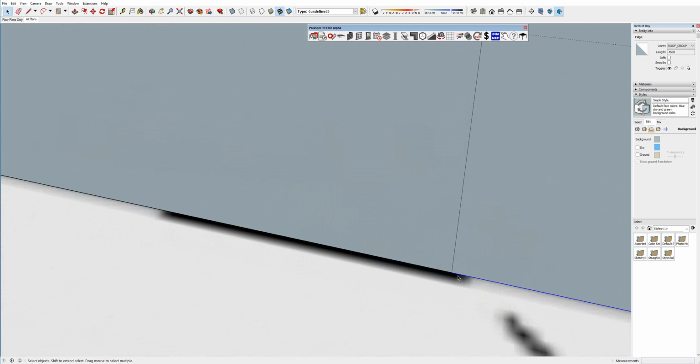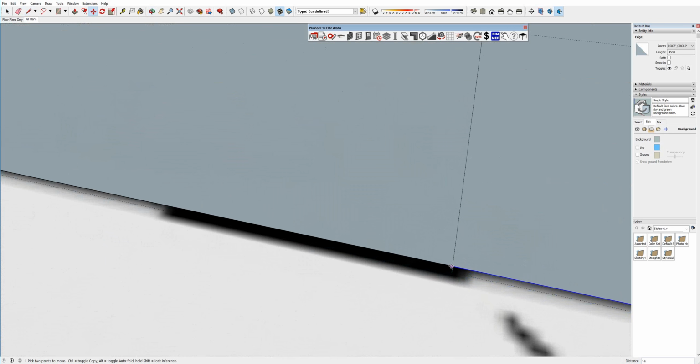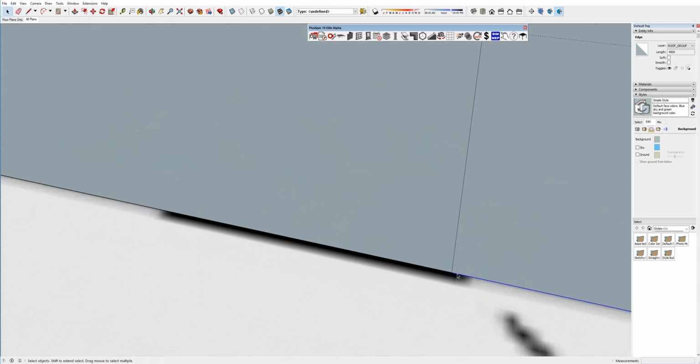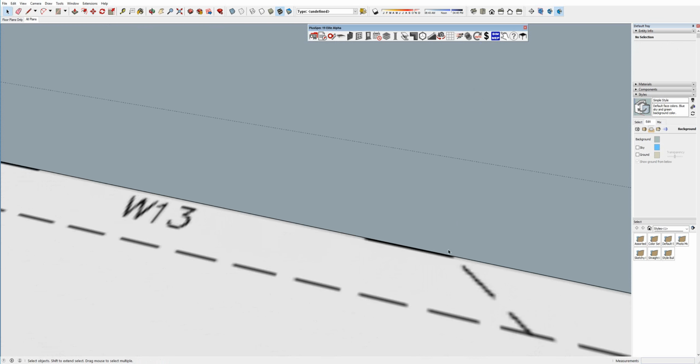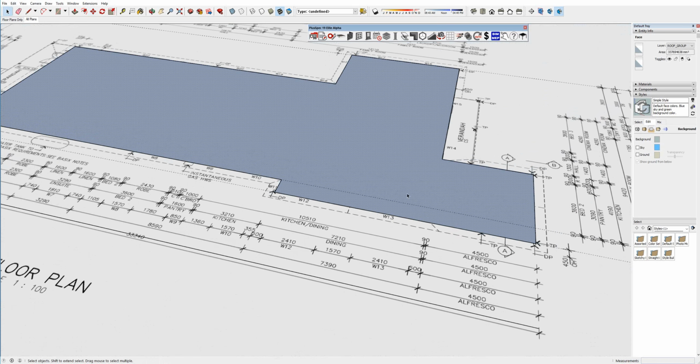I'm going to move this line 0.001. You can see when I've done that, that doesn't actually work for me because it's moving the whole thing. So what I'm going to do is move that line, Move, Control, 0.001, Enter. Now I have two faces. I'm going to delete this line here, and I'm going to select the entire face,